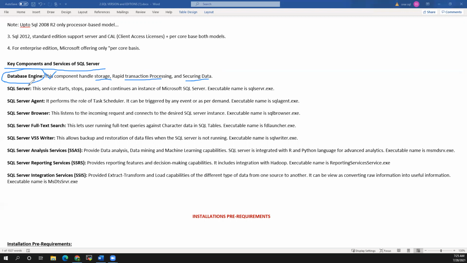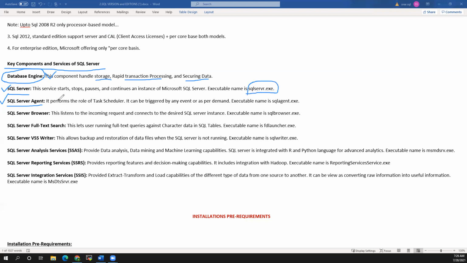It has storage, transaction processing and securing the data. Related to this engine component, we have the SQL Server service and the SQL Server Agent service. SQL Server means whatever databases we have, those databases depend on this service. The service name is sqlservr.exe.